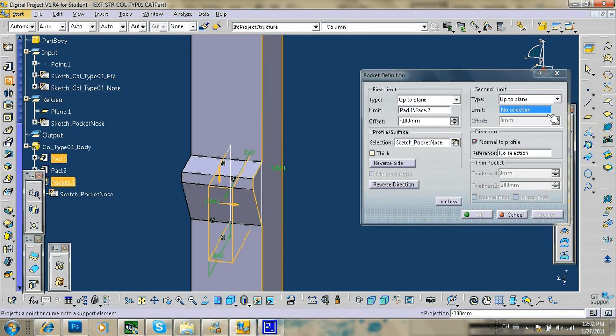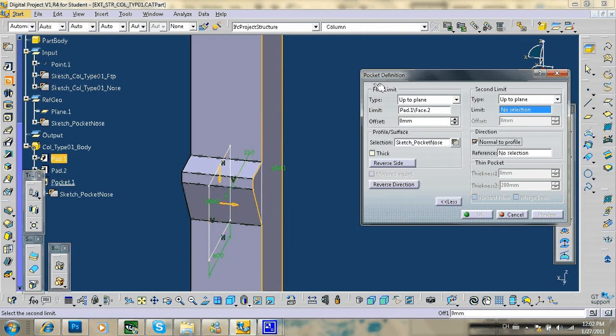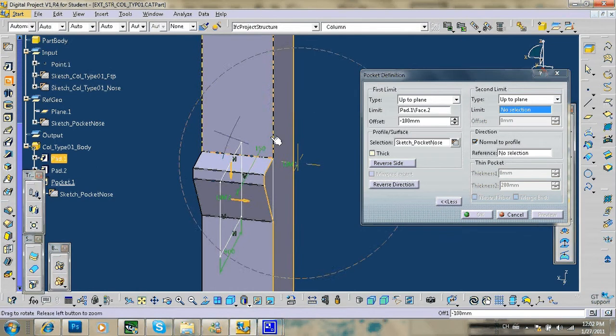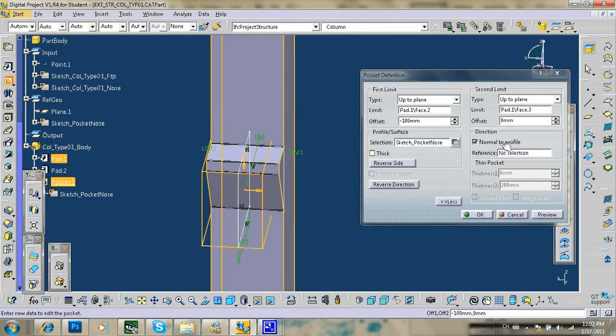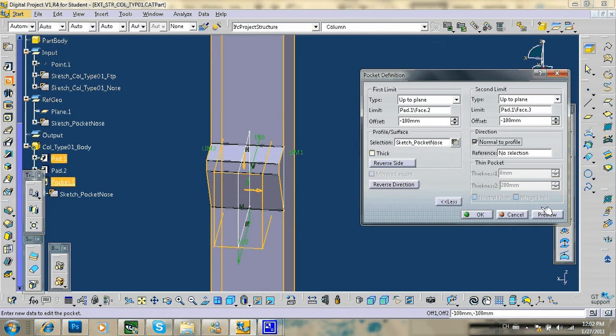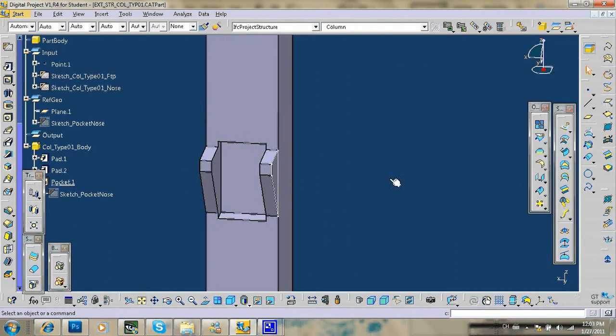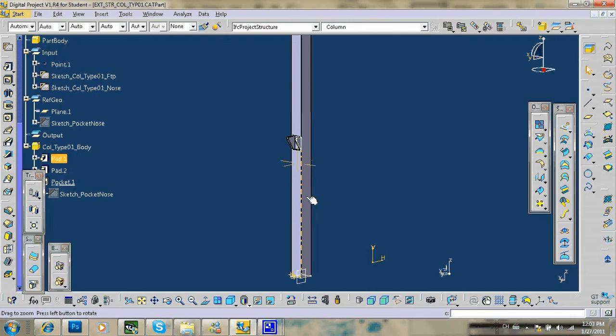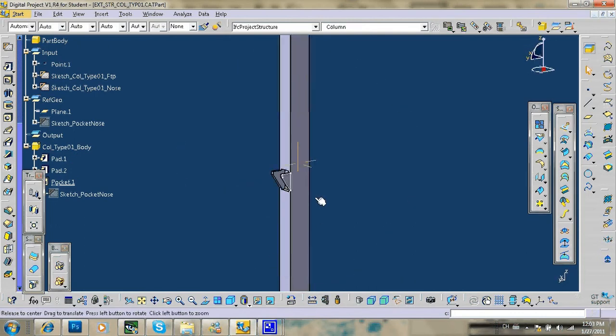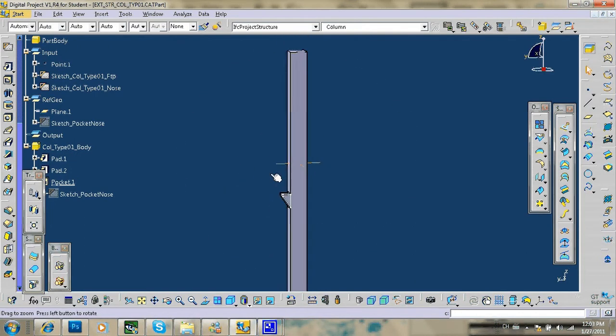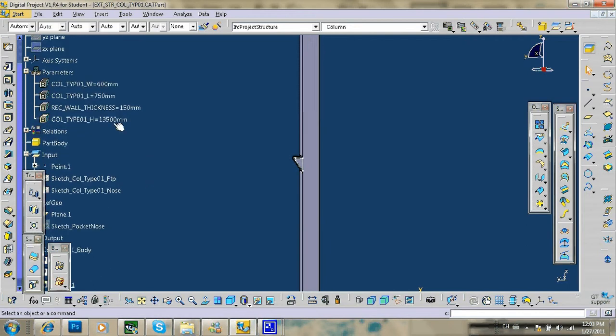Oh, wait a minute, if we do this one, 100. This one will be to this plane, offset. Let's say minus 100. Preview. See, that gives you that pocket. Click OK. Right. Okay. Now we got this little nose. Maybe we make it a little lower to